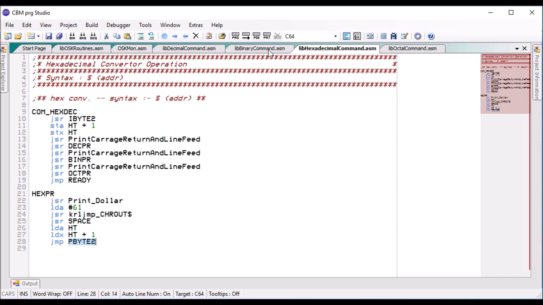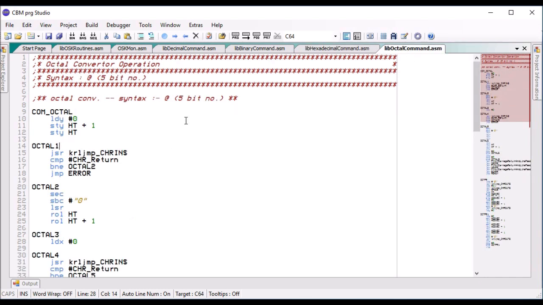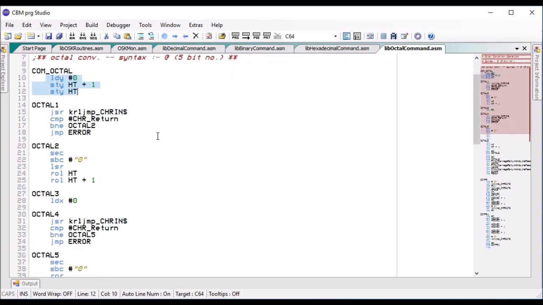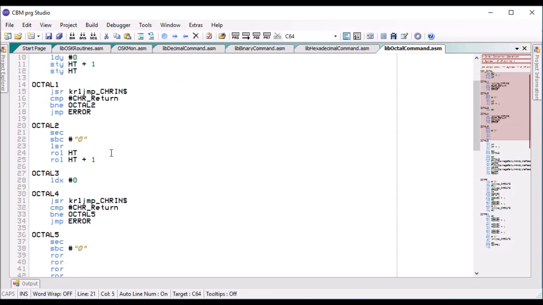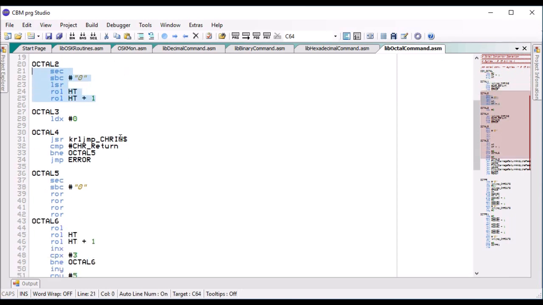so it's dead easy to print this converter. And then the octal one: you've got to remember each digit is a number between 0 and 7 because octal is base 8. So we do the same thing as we did with the binary, and then we get the character in. We do exactly the same as the binary, but the difference here is we're checking for 0 and then rolling that in. So if it's 1 it'll roll in a 1, if it's 0 it rolls in a 0,